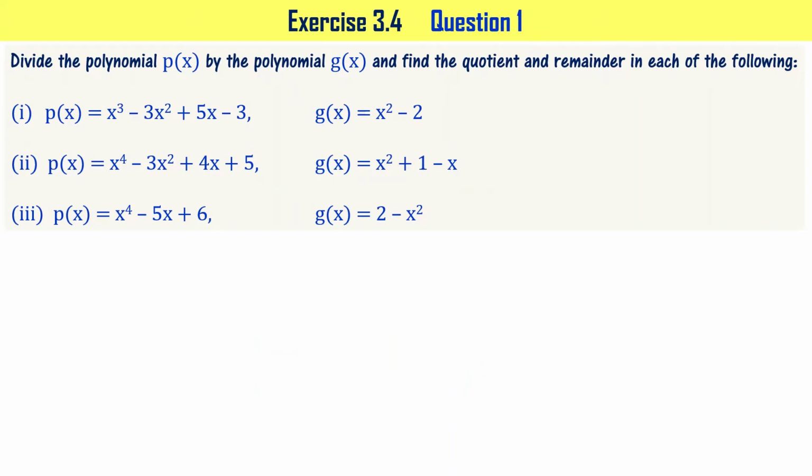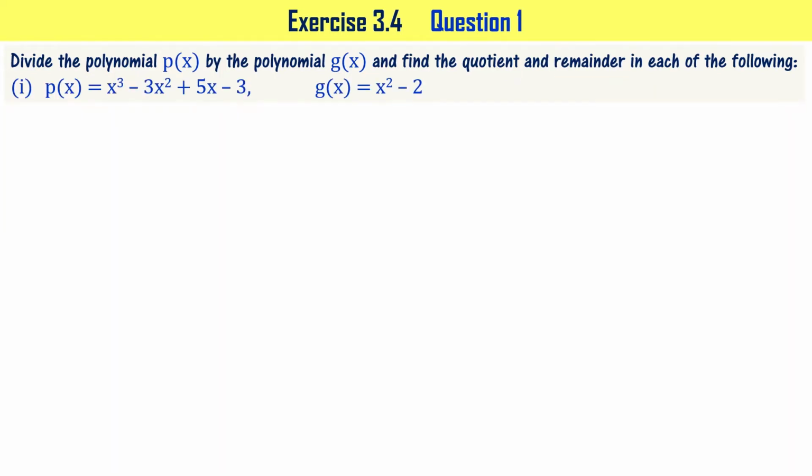Question number 1, exercise 3.4. Divide the polynomial p of x by the polynomial g of x and find the quotient and remainder in each of the following. We are given three sets of polynomials p of x and g of x. In each case, we have to divide p of x with g of x such that we find the quotient and remainder. Let's start with the first part of the problem,